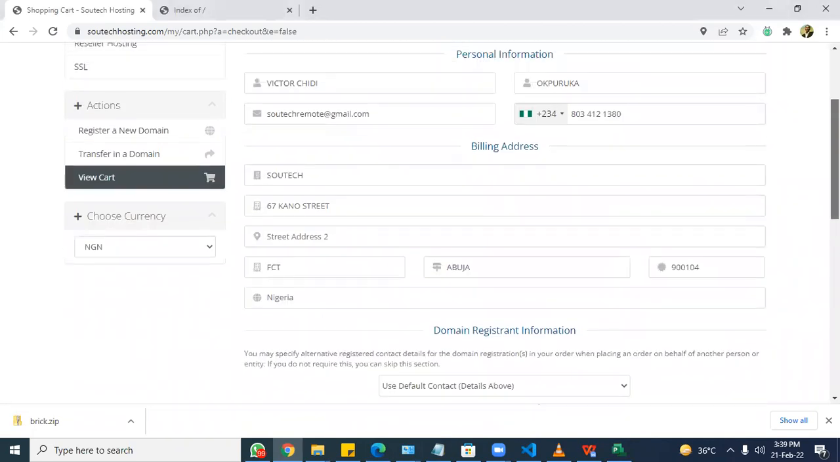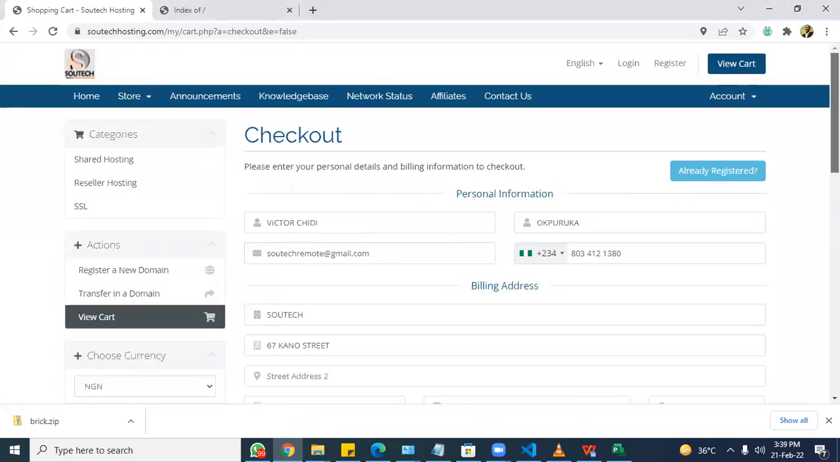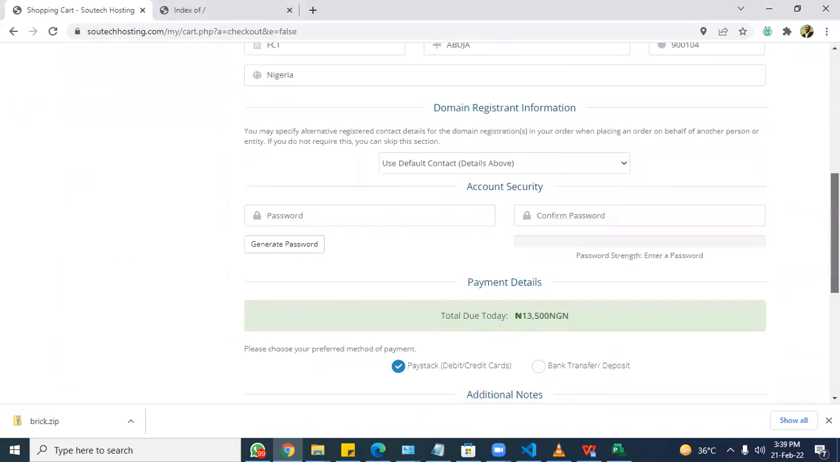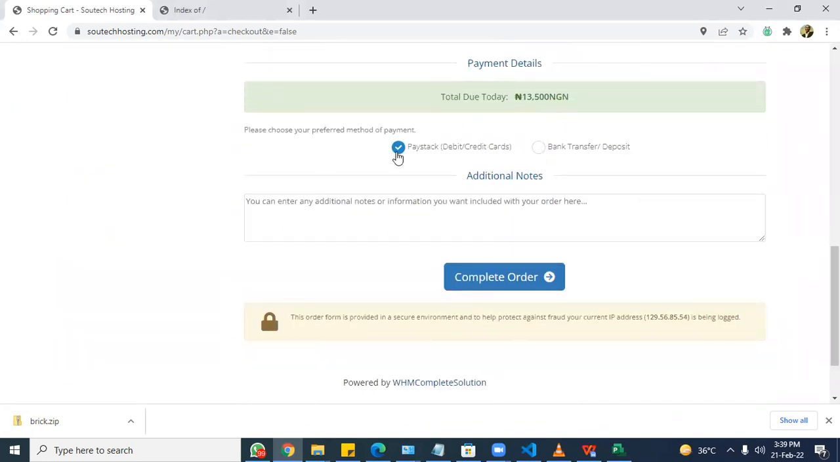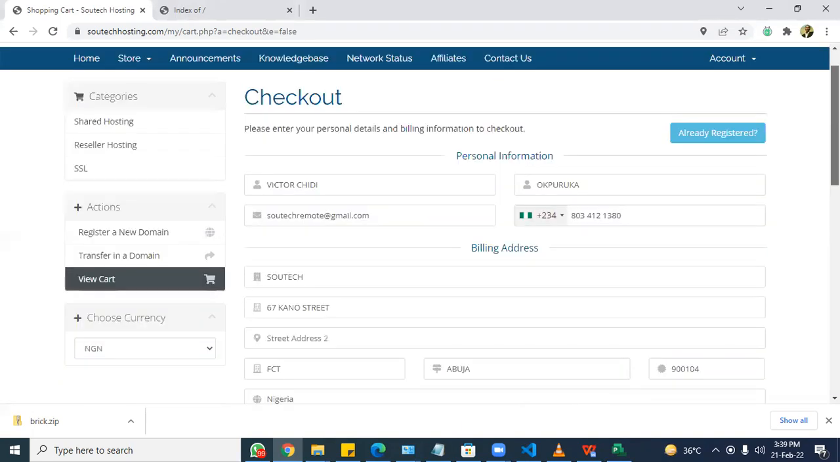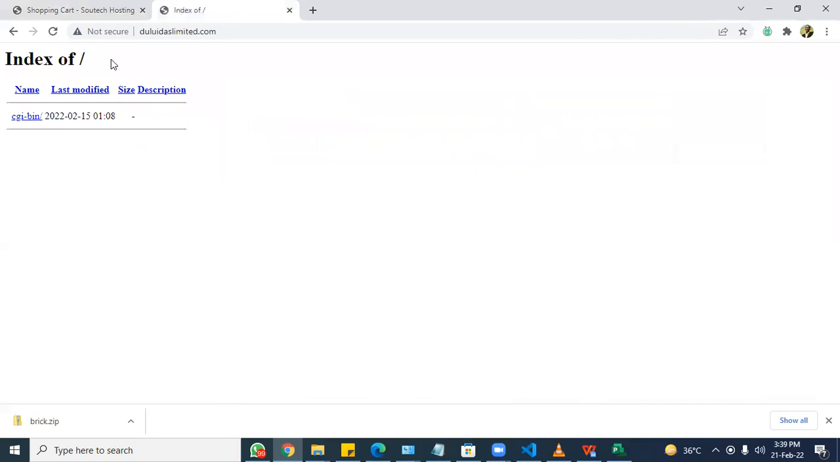Okay, in the last screencast, we stopped here where we're trying to acquire a domain name. So we say you fill up all of these details, and if you're paying with Paystack, you complete the order, or you pay through bank transfer. When you do that, automatically you should have your cPanel details sent to your email, and you have something